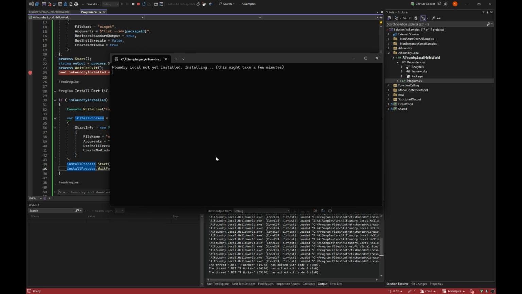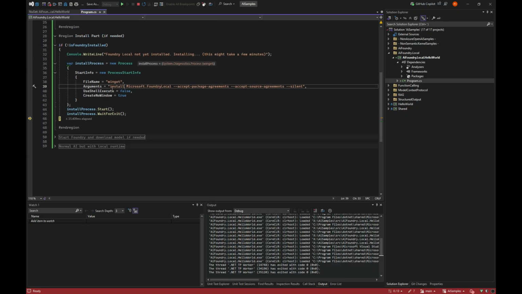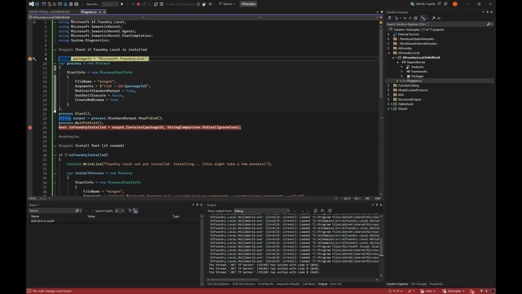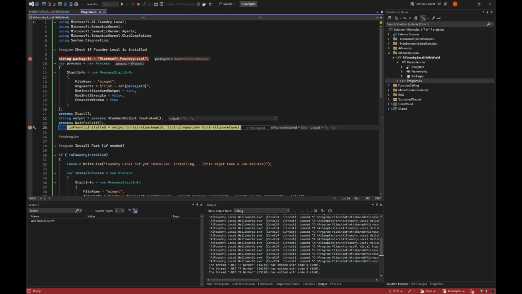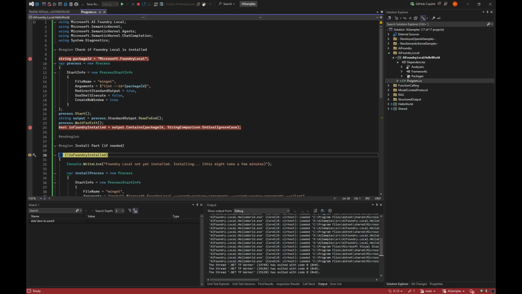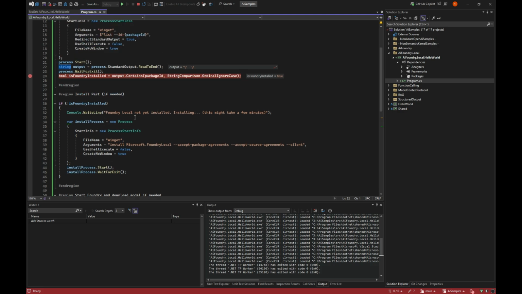But if you wanted to do that, you could do that, of course. But now it's installed, 35 seconds, so that's okay. And that's of course a one-time thing. If I move this up again here to the top and do the same now and try to check if it's installed, the output would say Foundry and it has the name in it. So for that reason it will say it's installed, and it won't try to do the install again. So you could have this code in there and it will not take up too much time other than 2 process calls.